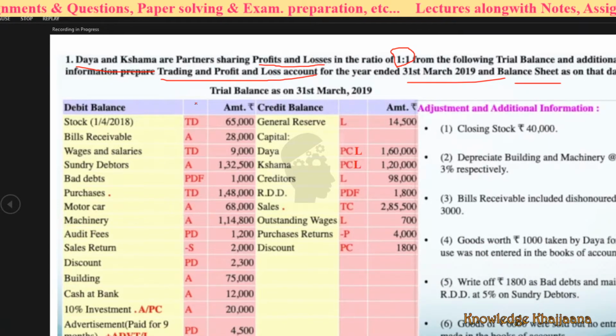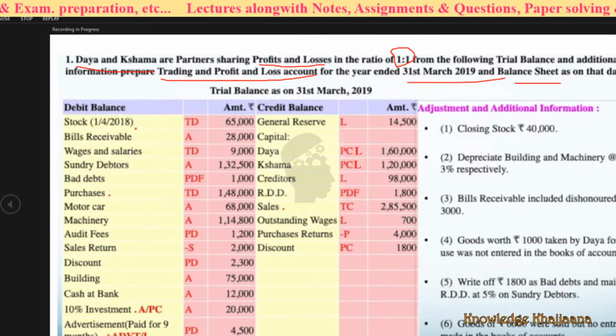Okay, now I had already told you to make the columns like this, that is, I had already told you to do the ruling. Okay, like this, so it will be easy for us to do the posting. Now let's read the problem and at the same time we'll do the posting, we'll do the marking over here, so it will be easy for posting. Okay, we'll do the marking.